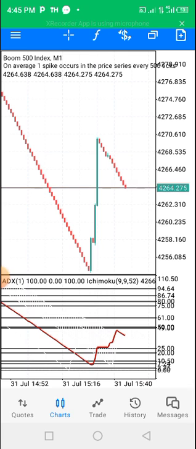So the next thing you will want to do is getting to know when you should actually buy, because if you're on boom and you're trying to cash spikes, you actually have to buy. And if you're on crash, you're trying to cash spikes, you sell. So now we're on boom, and this is boom 500, and we're actually trying to cash spikes. So I have to tell you guys where you can actually place your trade and where it's safe for you